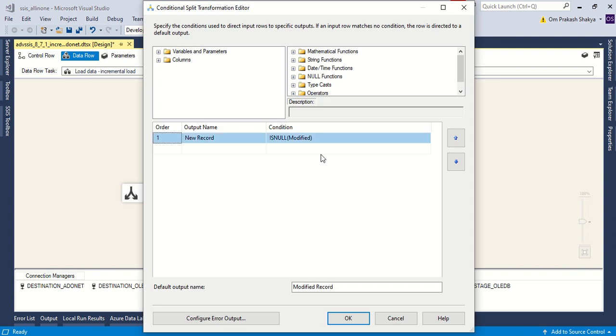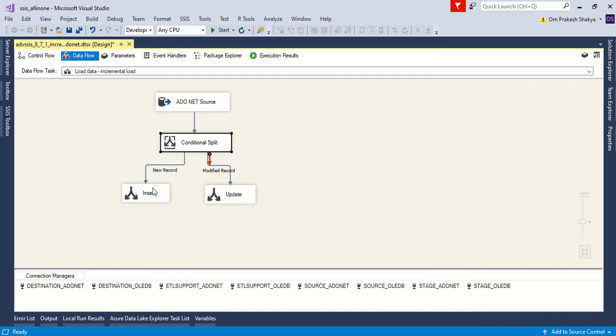In the control flow, we have checked whether the modified is null. If it is null, it means it should be a new record. Otherwise, it is a modified record. So we have configured the conditional split using some condition to identify whether it is a new record or a modified record. And then we have used the multicast transformation as destinations. So we can perform the further operations down the